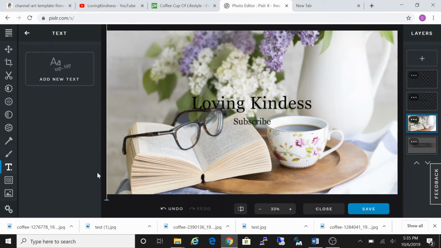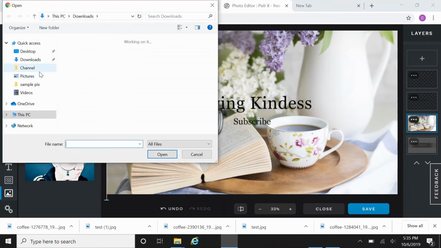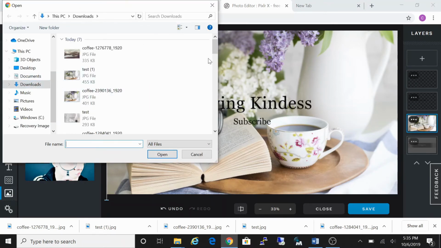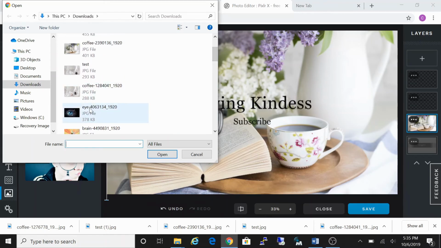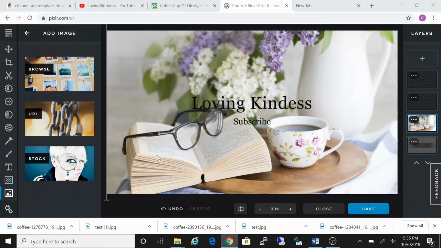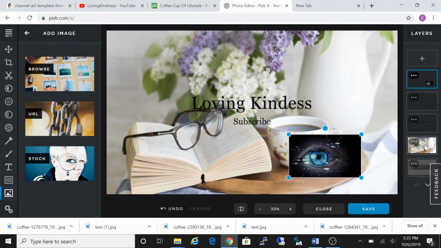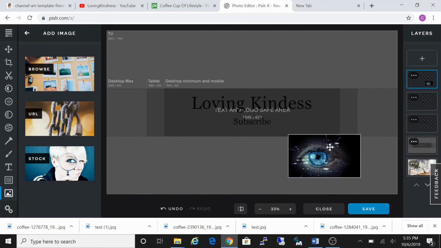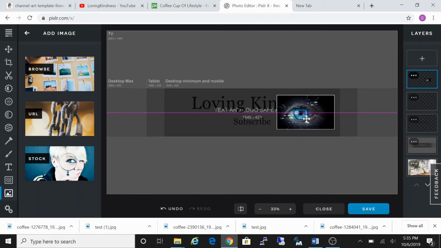Say you want to bring another image, you can bring another image. I'm going to browse and I'm going to go over here to another image. Let's say I want to bring this eye in, and I'm going to minimize it. I want to see my template because I want to make sure it's within the frame. Now if you look at it here, now I cannot see half of my letters,